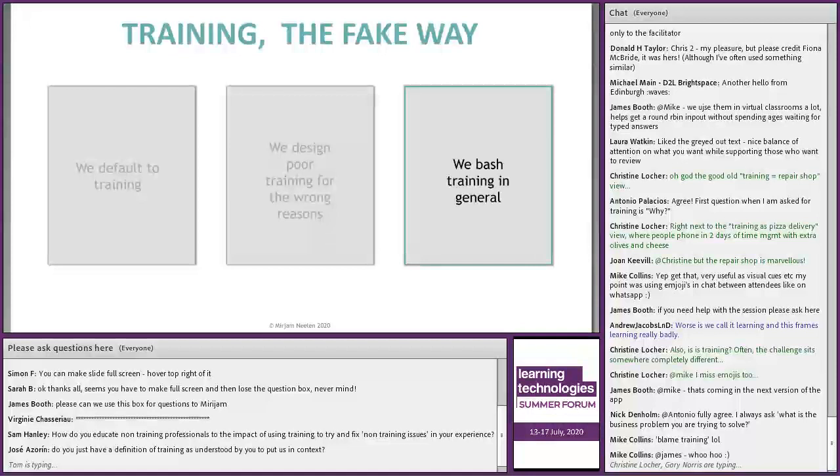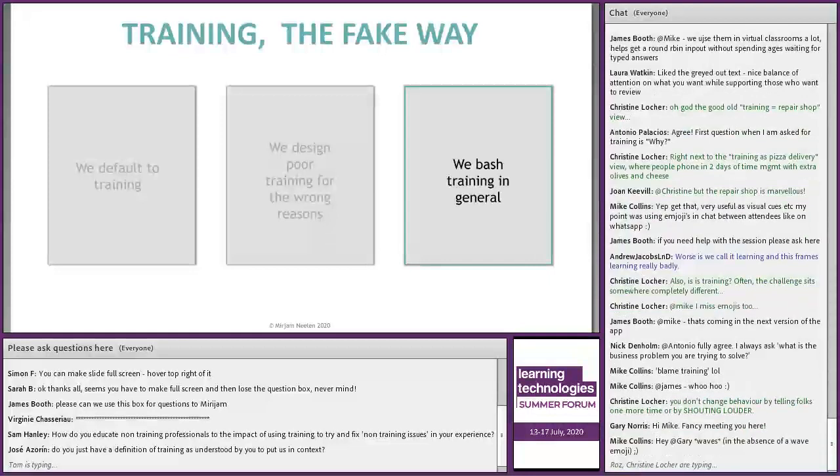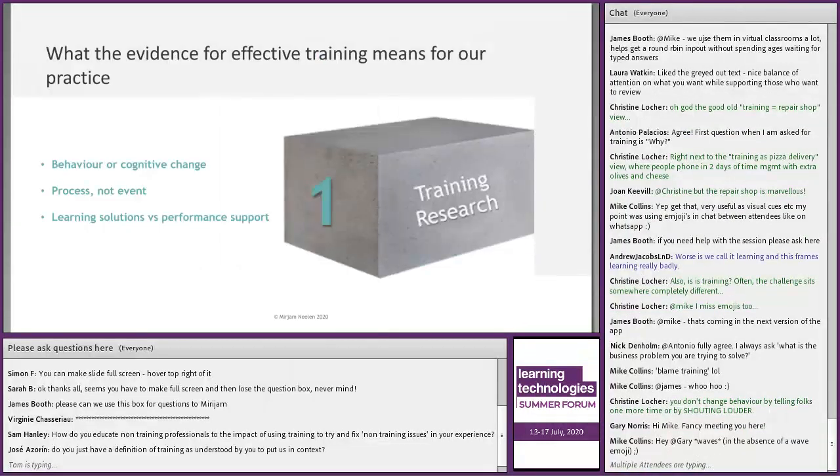So it's about distinguishing between what's the problem we're trying to solve. Do we need that change in behavior, change in cognition? Do we need to design something over time with planned activities, et cetera? So how does the evidence that we have from training research help us change our practice and overcome this state of fake, basically? So just to recap,